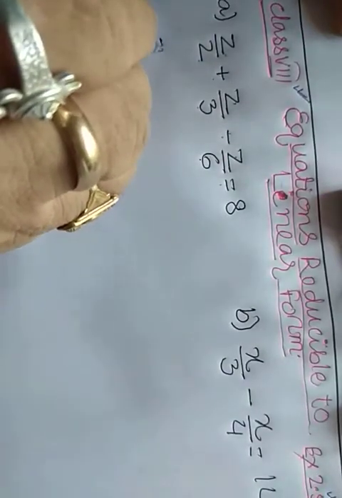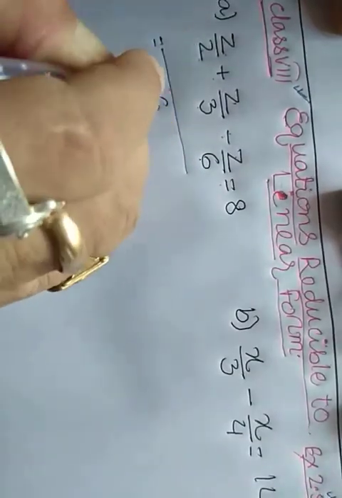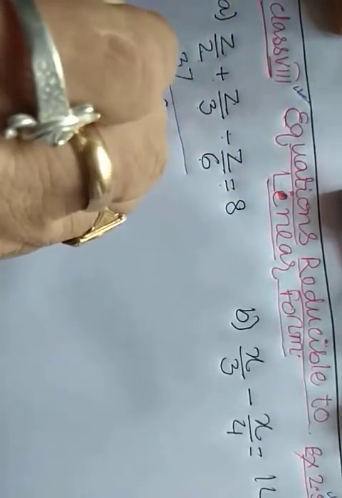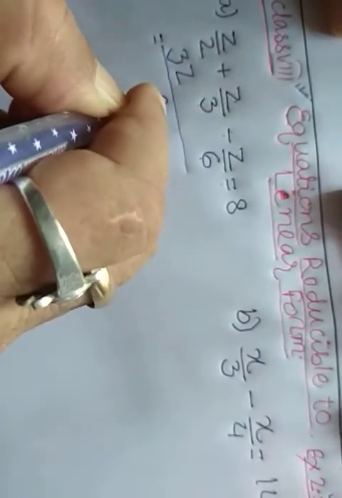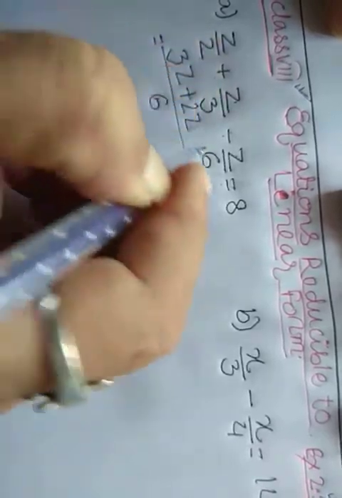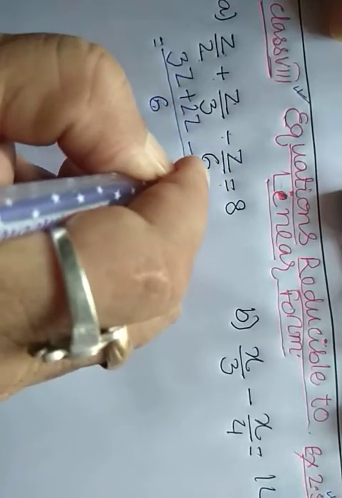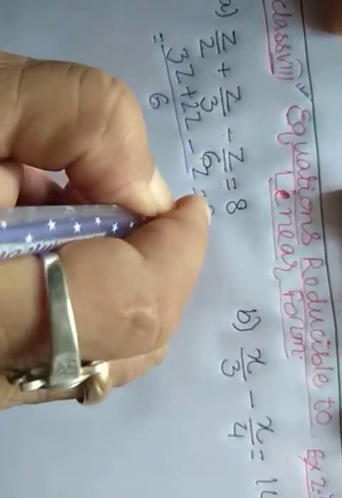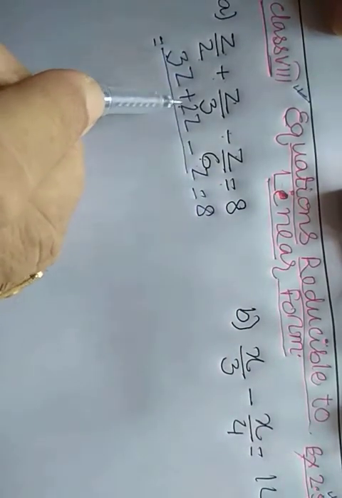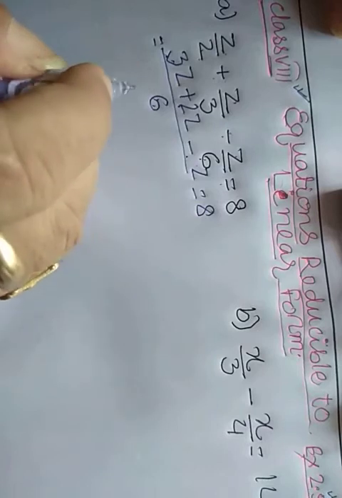So what is your LCM? 6 is your LCM. 2 3s are 6, and 3 into z is 3z. 3 2s are 6, and 2 into z is 2z. Minus, 6 ones are 6, and z into 1 is z, is equal to 8. 3z plus 2z is 5z, minus z, 4z